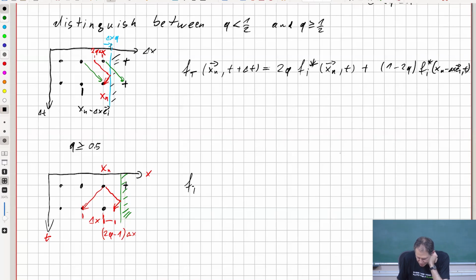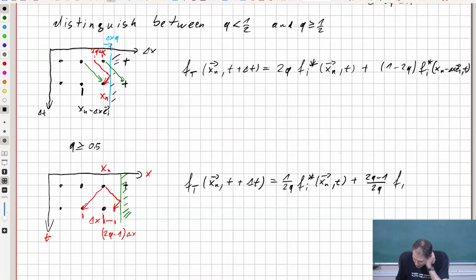We have fi of xn at t plus delta t, where the combined distance is 1 over 2q fi star of xn plus t plus 2q minus 1 divided by 2q fi star